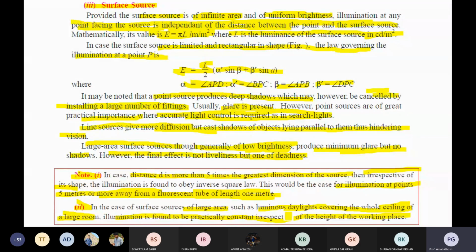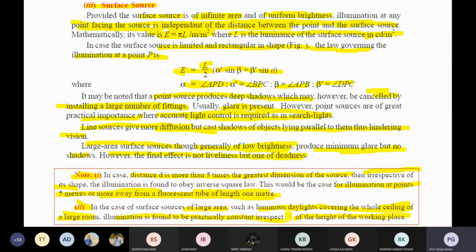So what happens in morning time? You can see the total area will automatically be glowing from that light. So that's the application, and based on that it is called a surface source. In the case of a point source, you can find that there is a single point from where you are getting the light. Then a line source, you can say, is like a tube light or fluorescent lamp. It's an example of a line source.